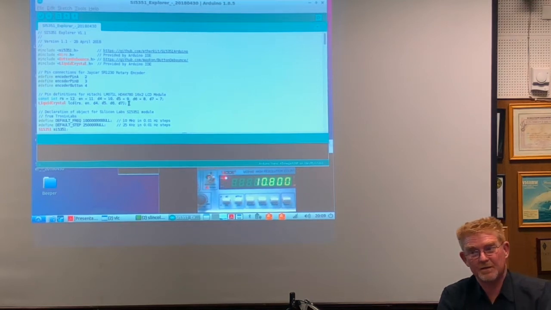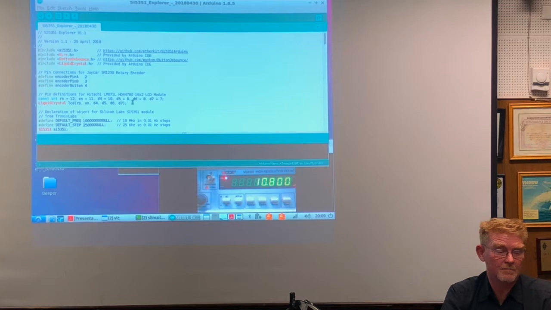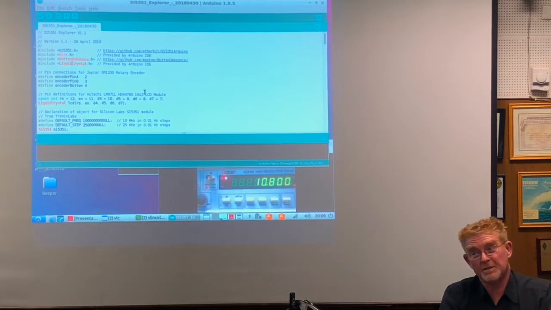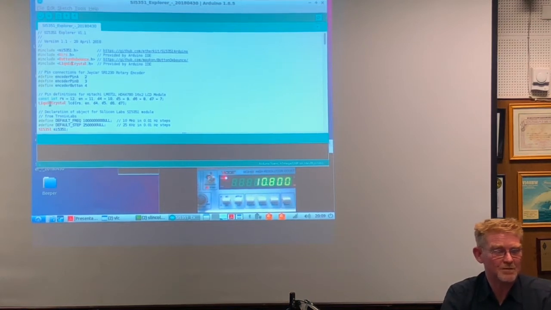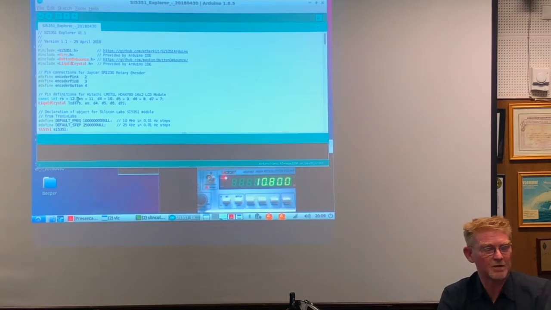Now how do you set up the LCD display? You basically wire the various pins on the Arduino to the various connectors on the LCD display. You probably get the pin out from where you get the LCD display. Failing that, you get the multimeter out and start tracing signals. That's always fun. You tell the library this is where the various pins are connected. So register select is on 12, enable is 11, blah blah blah.